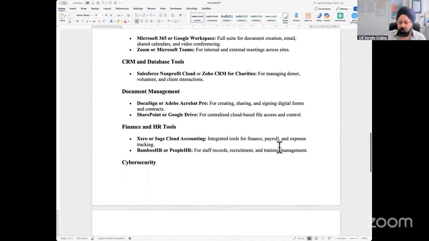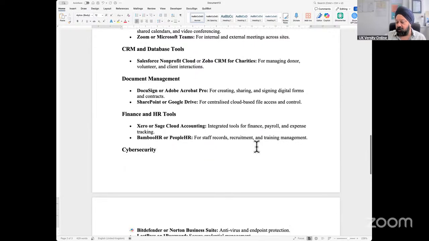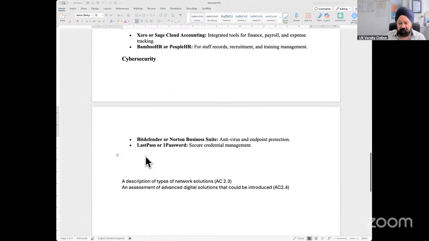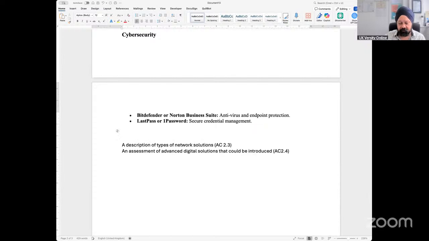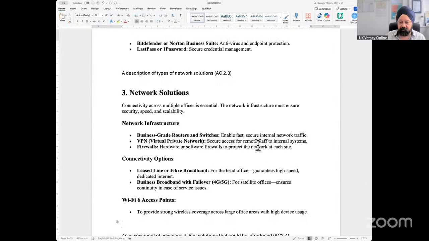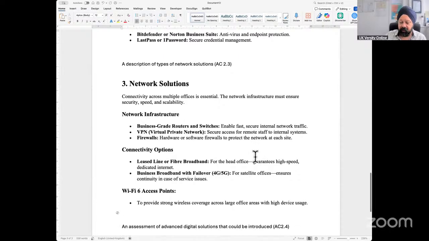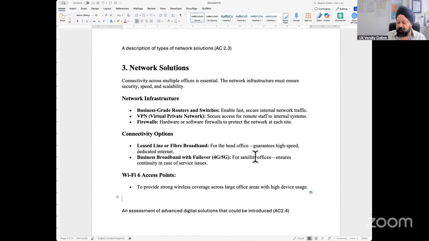They're able to see the customers and interact. So you could look at some of these solutions which the organization might need, from a point of view of software solutions. Then it goes to networks, and what I would do in the case of networks would be to look at basic solutions, like we might need to upgrade our routers because our routers are